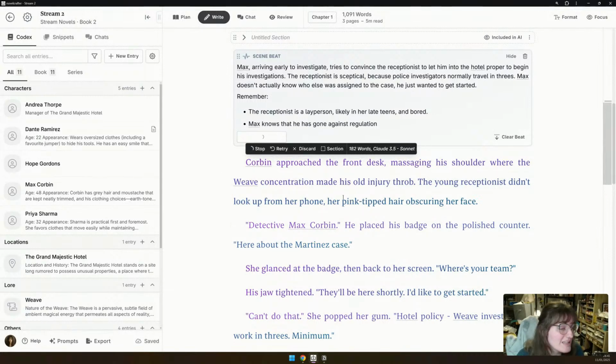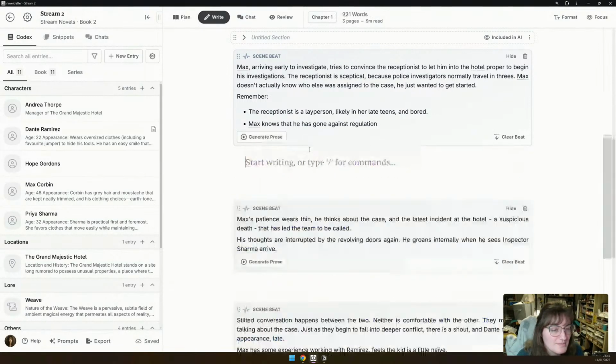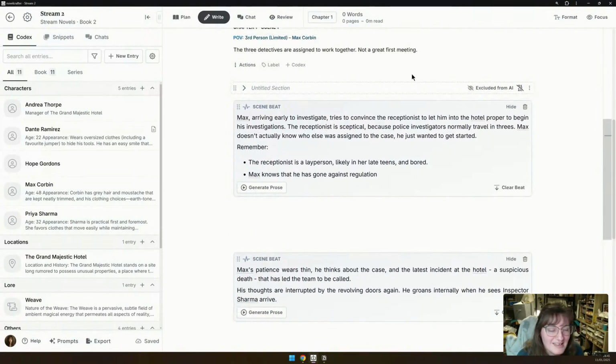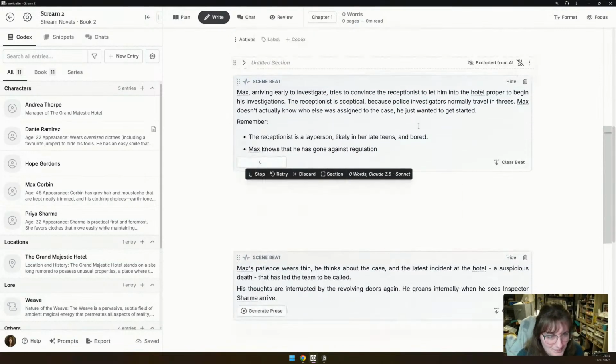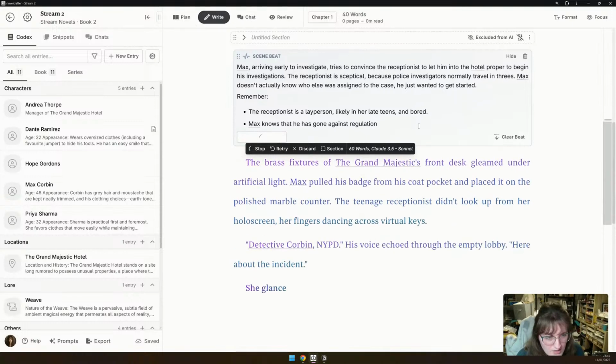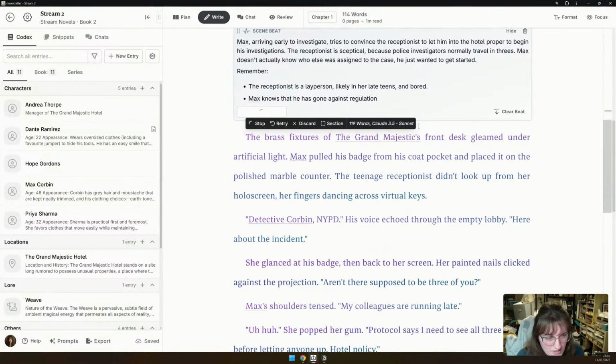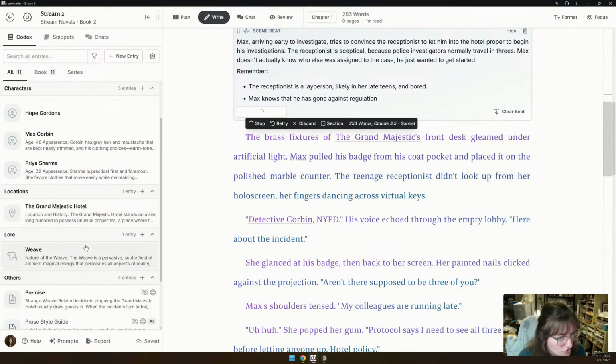So even here, okay, interesting. It's still got, wait, that's why it's still got the hair. Okay, so let's try that again. Okay, NYPD, it's definitely pulling from the codex, which is good to know.